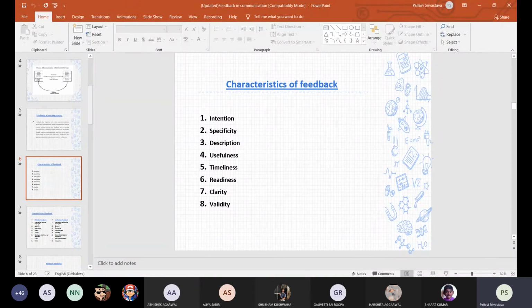Okay, so this is generally for negative feedback, but when you are in a superior position or even in a subordinate position, there are times which demand that you have to confront people. Whenever you go for these, you should try to include these points in your feedback so that you can create an effective feedback there. So these are the characteristics, eight characteristics.